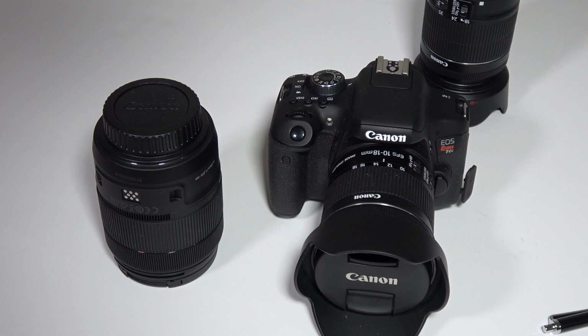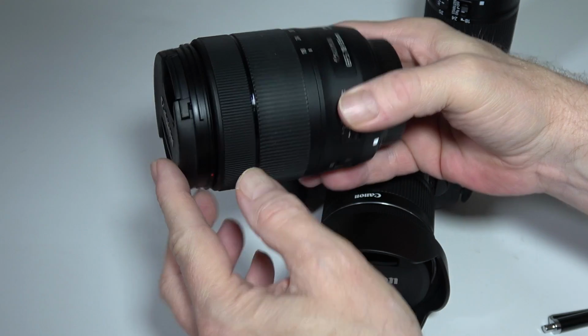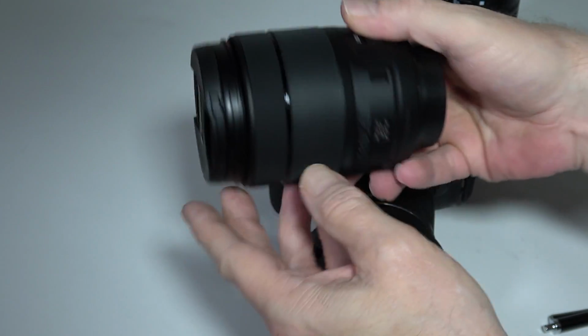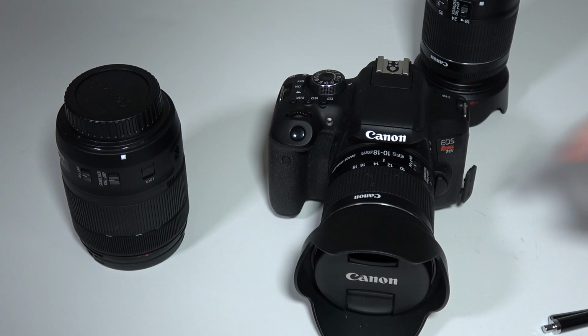And I wanted a couple different things with this camera. I wanted a good all-around lens, so I ordered this, which is the Canon 18 to 135 millimeter lens. It's the USM lens, so you can get a motorized zoom somewhere down the road with that. Then I also ordered a 10 to 18 millimeter ultra wide lens for vlogging, which it really does do a